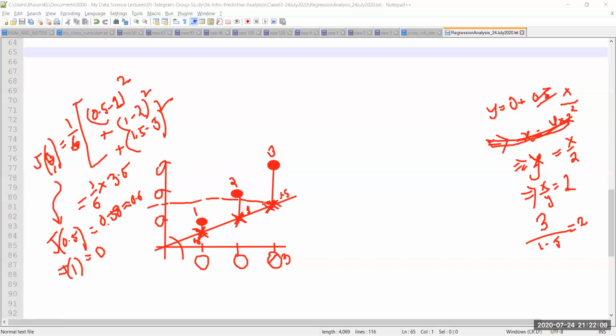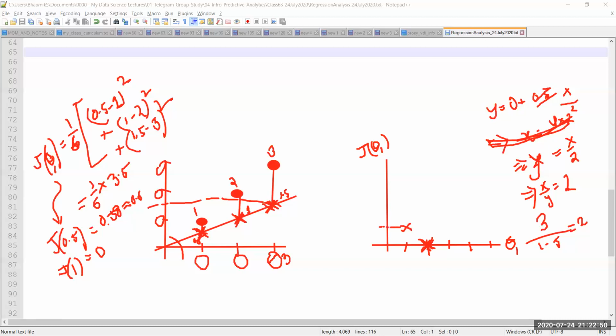If I now do a lot of calculations for a variety of different values of theta 1, for each value of theta 1 I find the value of the cost function and plot that. On the x-axis, I have the values for theta 1, and on the y-axis, I have the values for j of theta 1. Then you will see I start from a value like 1. This is 0.5, this is 1, this is 1.5, this is 2, this is 2.5, and so on. For theta 1 equal to 1, my value was 0, so I have a point here. For theta 1 equal to 0.5, I have a value closer to 0.6.